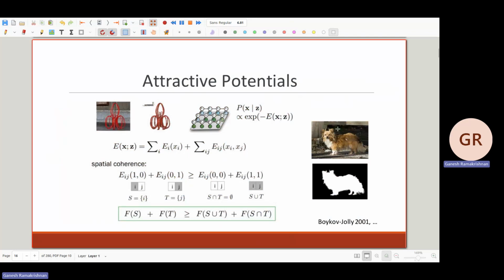But let's now take the example of segmentation, right? If I want to segment the dog into foreground and background image, this is what I have: E_ij of 10 plus E_ij of 01. This is basically showing that there's more attraction between 10 and 01. But the other perspective is that if I pick an edge, or if I pick 0 and 1 in the same area, then I'm going to have higher energy. So therefore, the way I would go about it is